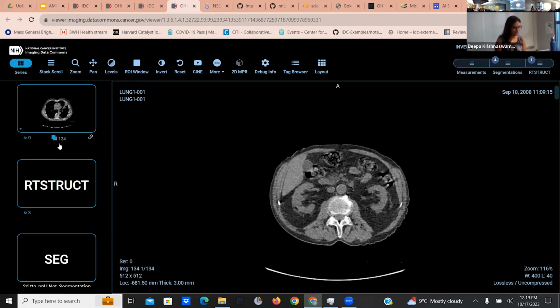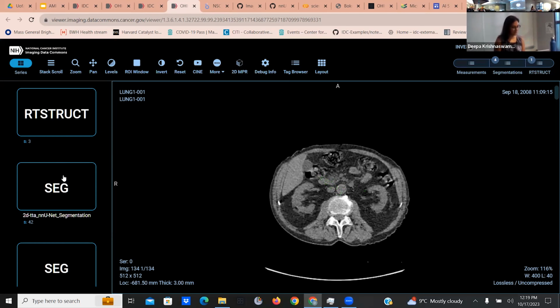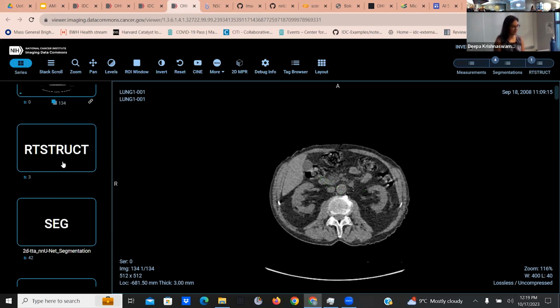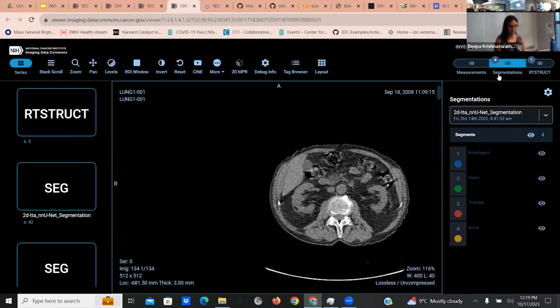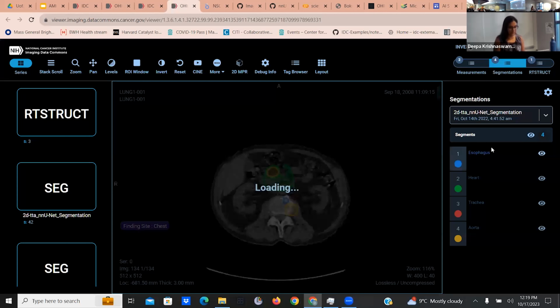Okay, so right now we have the CT scan that's being loaded. And if I scroll down here, you can see the different types of objects that we have for this particular scan. So we've created segmentation objects, which hold the volumetric measurements, and which I'll show you right here. So if I click on one of these,